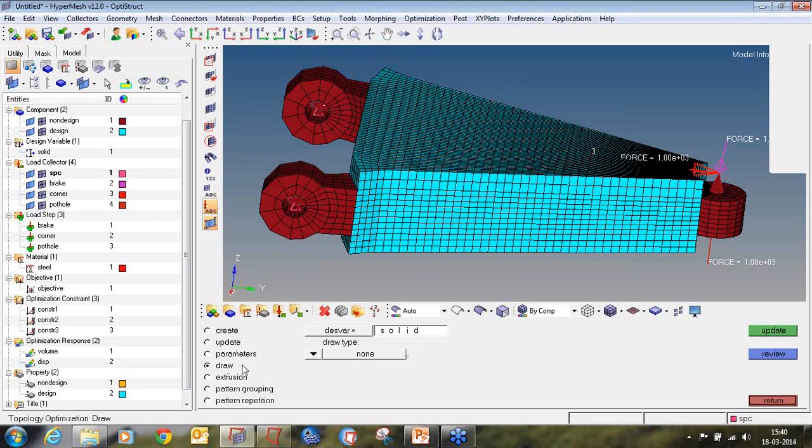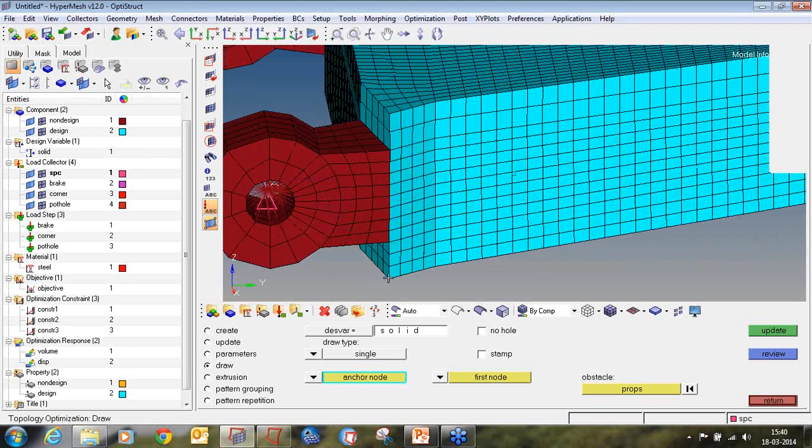Then click on draw direction and select the draw type as single. Now we have to select a vector that defines the die draw direction. We will select the anchor node as the bottom node and the first node as the top.